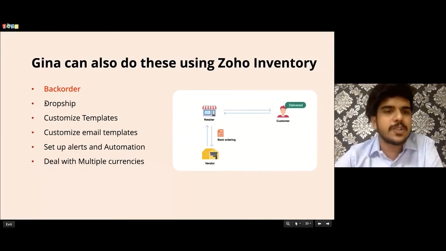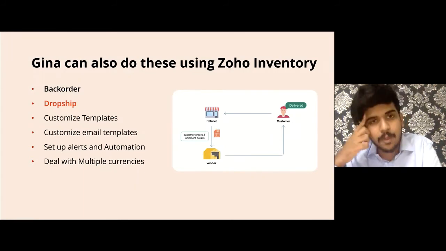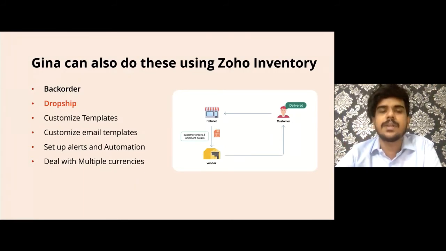In the case of drop shipment, she will ask her vendor to directly ship it to the customer. So here she is not going to be receiving any stock into her inventory. Rather, she will ask her vendor to directly deliver the products to the customer. So this kind of business is now becoming very common across the business industry. Most of the businesses are adopting drop shipment, where they're collecting their customers' orders and they're asking their vendors to fulfill the orders for them.